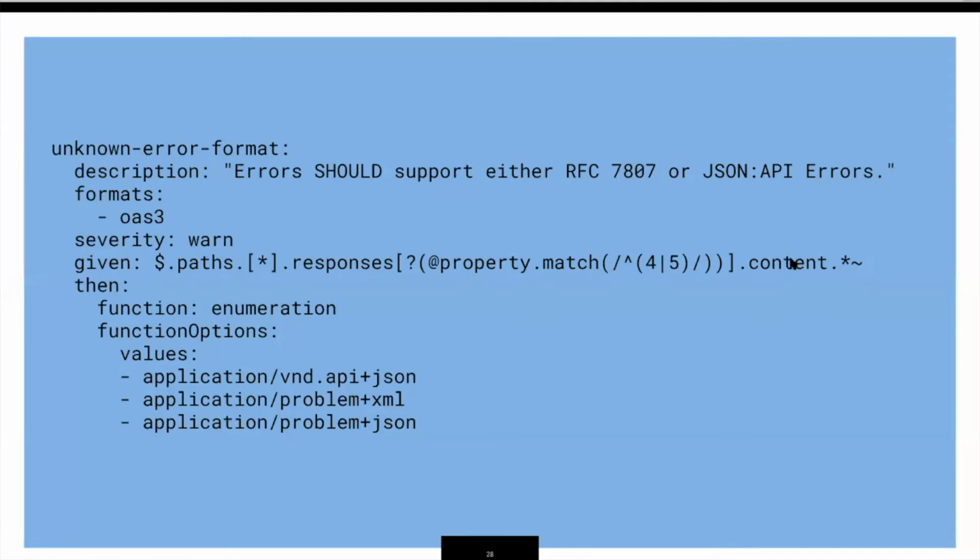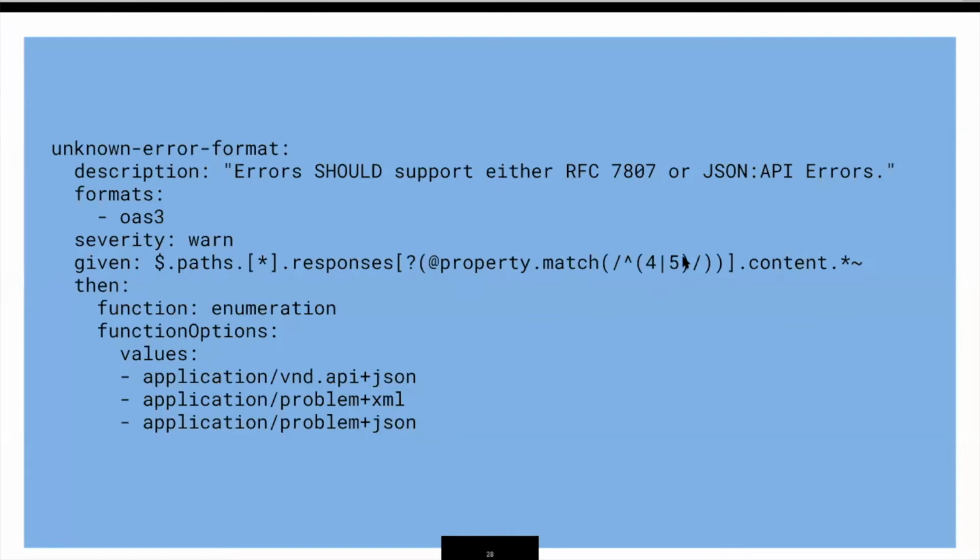So basically we're looking at the contents of any status codes that are errors in the response. And we're using the enumeration function to say the only values that are allowed are vnd.api, which is the JSON API MIME type, or problem plus XML or problem plus JSON. Those are the 2 valid MIME types for RFC 7807.